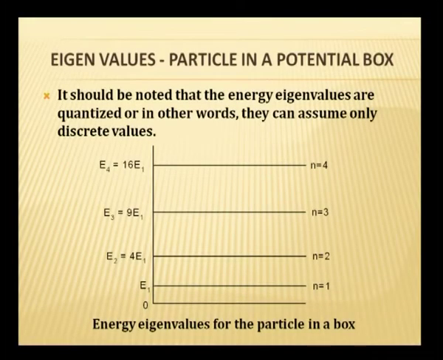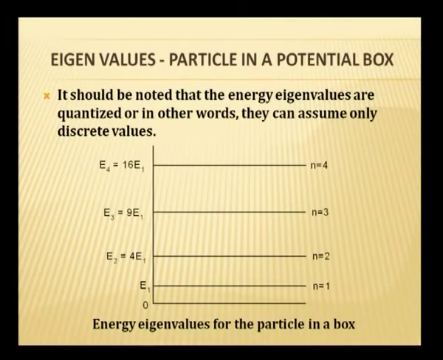A book is a classical object, and this is a classical thing; they can take any value. But the electron in an atom or in a molecule will have only discrete values. There is a sense in the problem of a particle in a box. You should not feel it is a trivial problem, or one of not very great significance. I will tell you the significance of the problem.